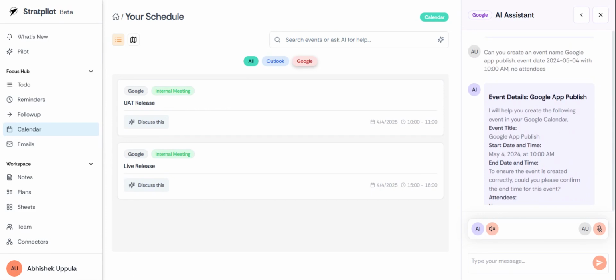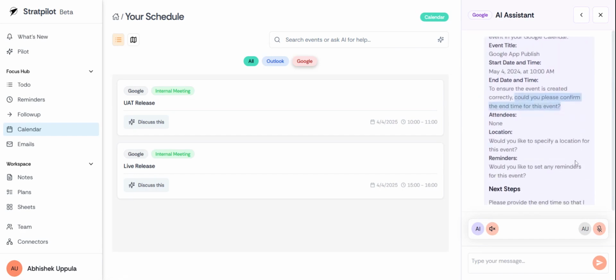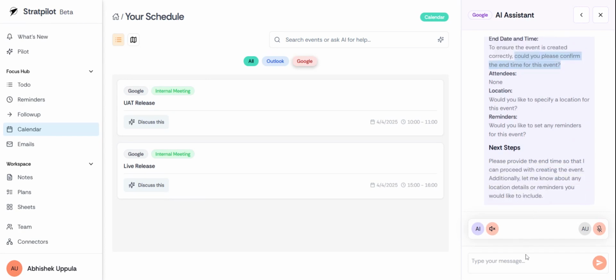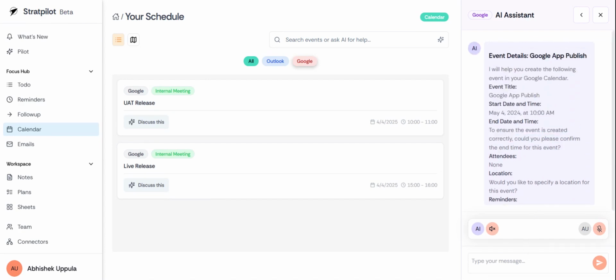I will help you in creating. So event title, start date, and end date. To ensure the event is good, please confirm the end date. Then attendees, location, reminder. Okay, so I'm just saying